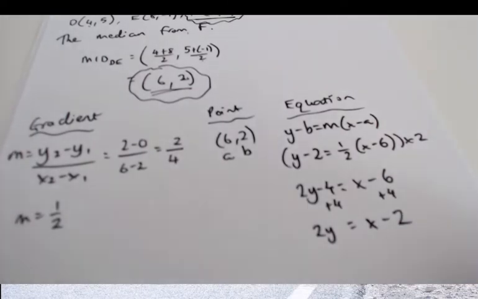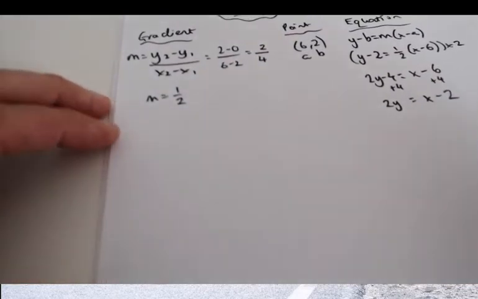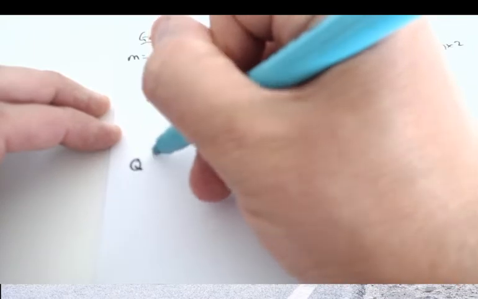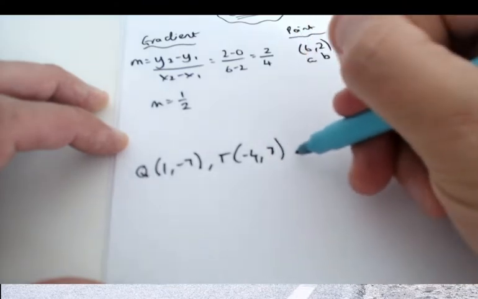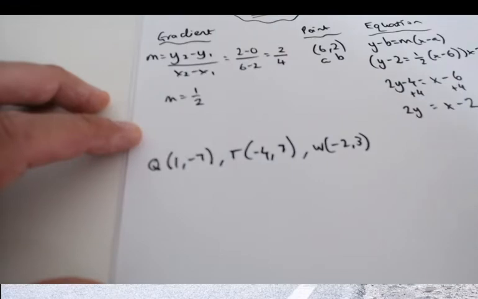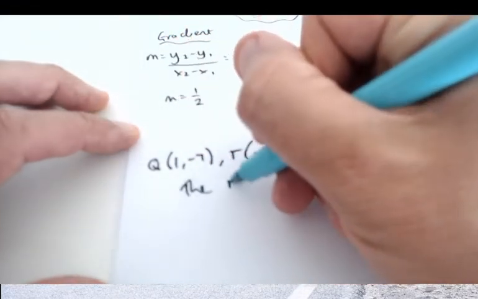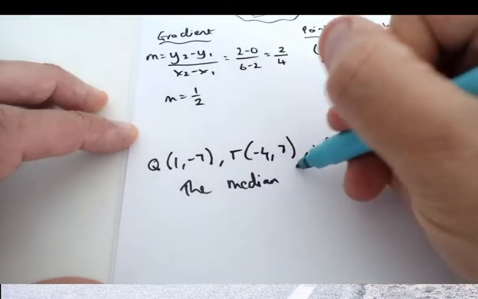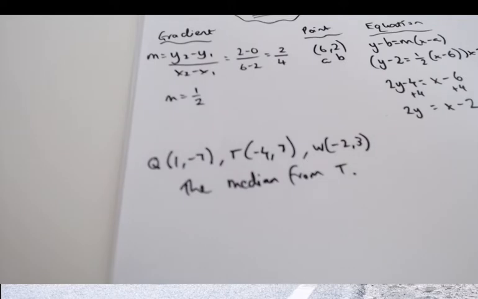Another example. Let's say this time I'm going to have the points Q, 1, minus 7, T, minus 4, 7, and W, minus 2, 3. This time I want the equation of the median from T. So same as before,